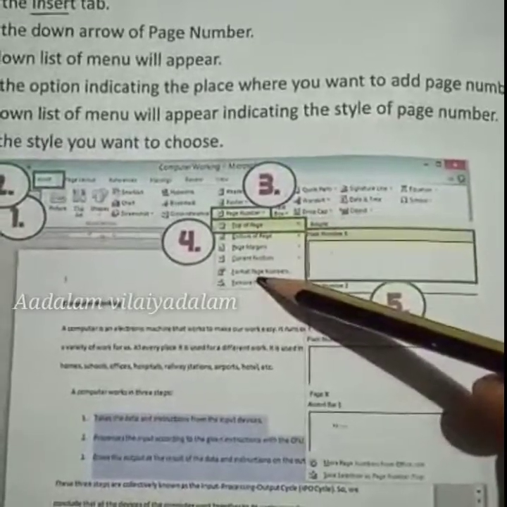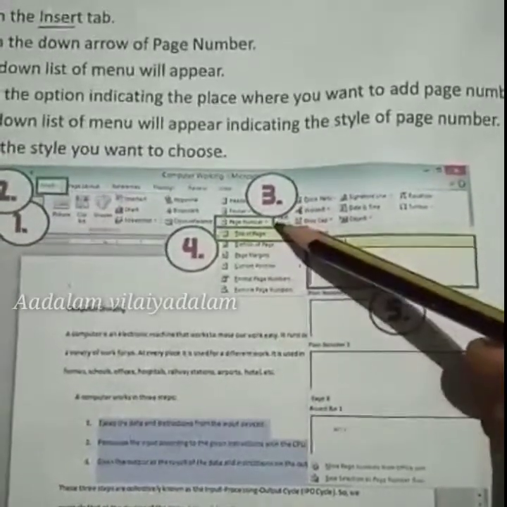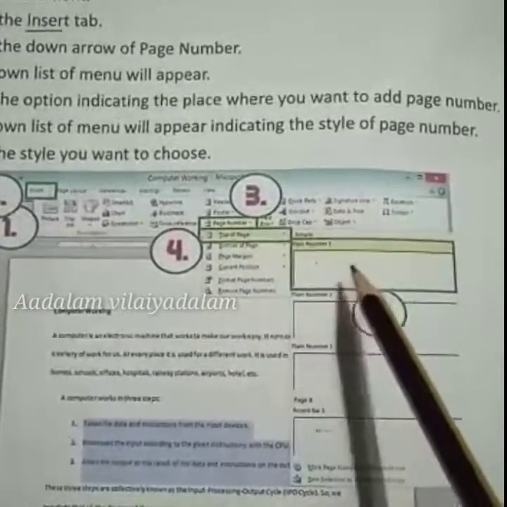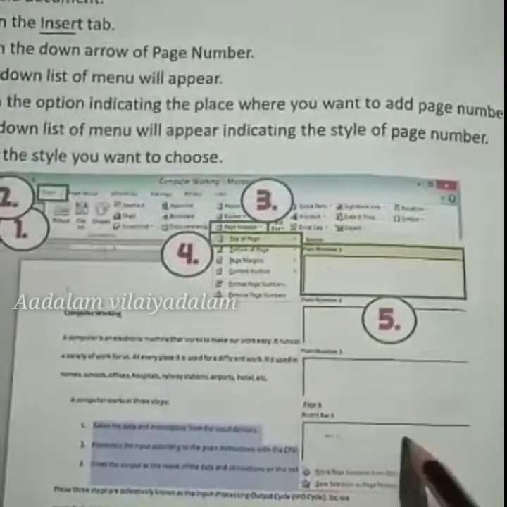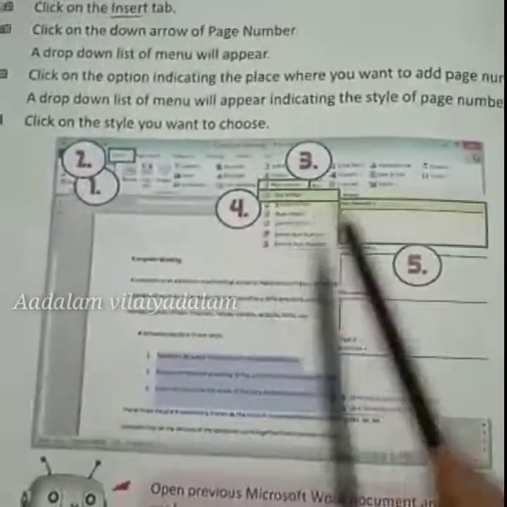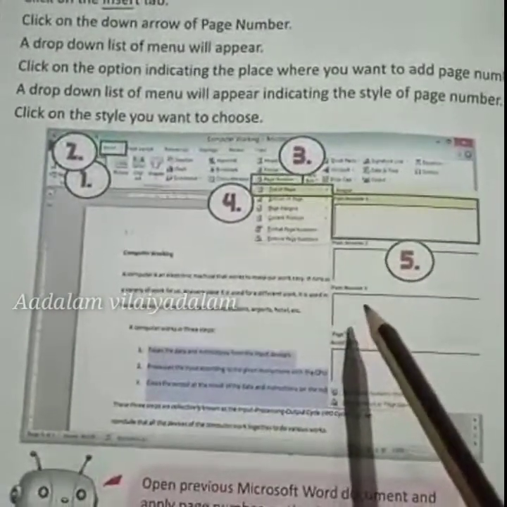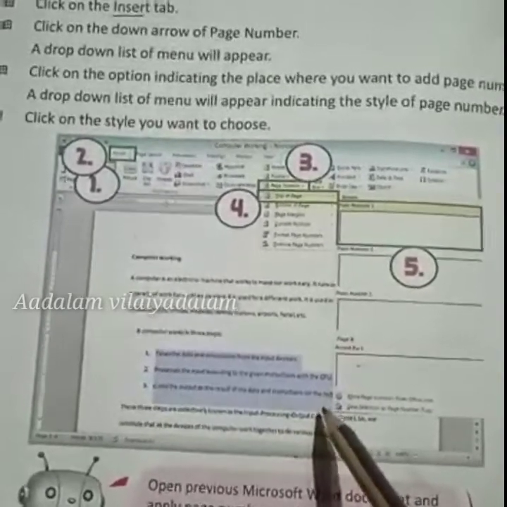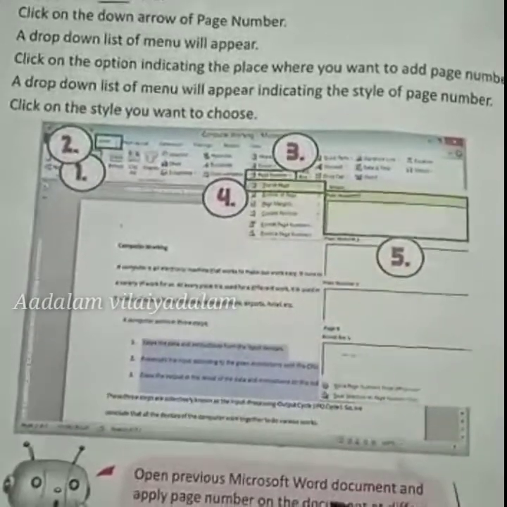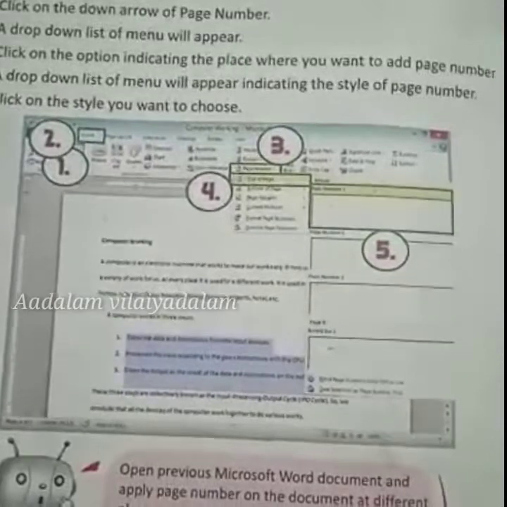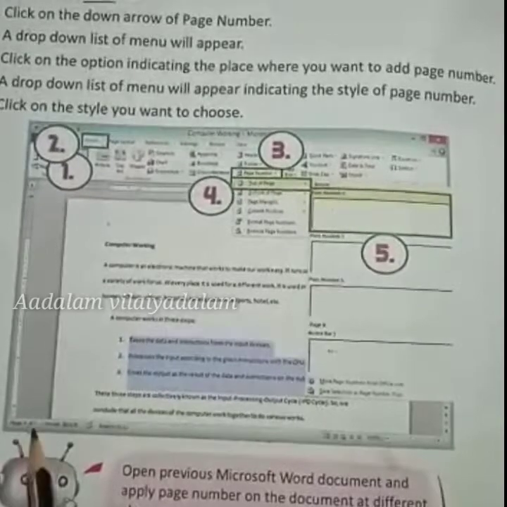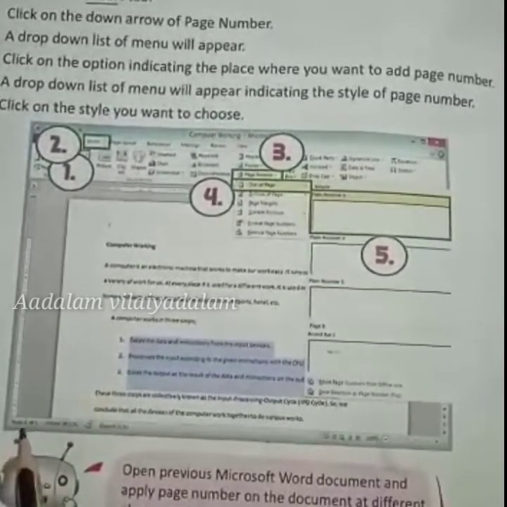From the page number option, different types of page numbers are available there. See, in the top of the page or bottom of the page, in the center, top center, or the left side or right side, wherever we want to insert the page number, just select the required model, then the page number will be displayed in the document. If you want to see the page number, go to the print preview option. It is easy for you to view our page number, or otherwise the page number will be available here, bottom left corner. What page number we are currently on will be displayed here.